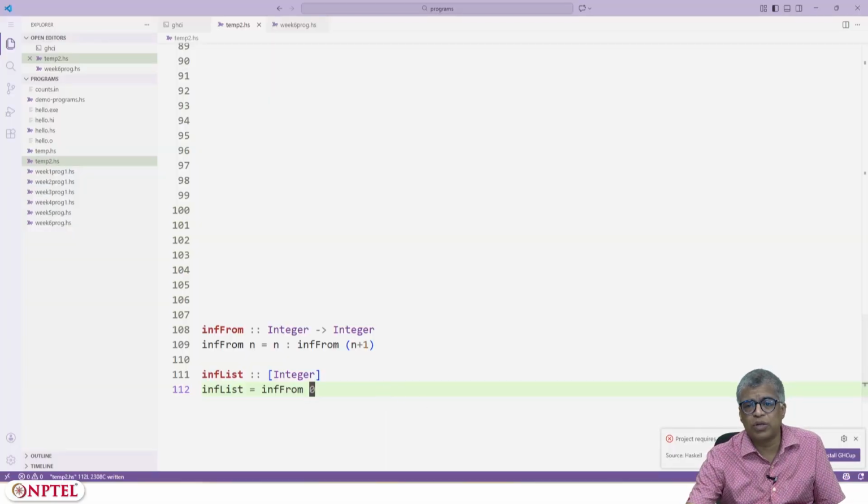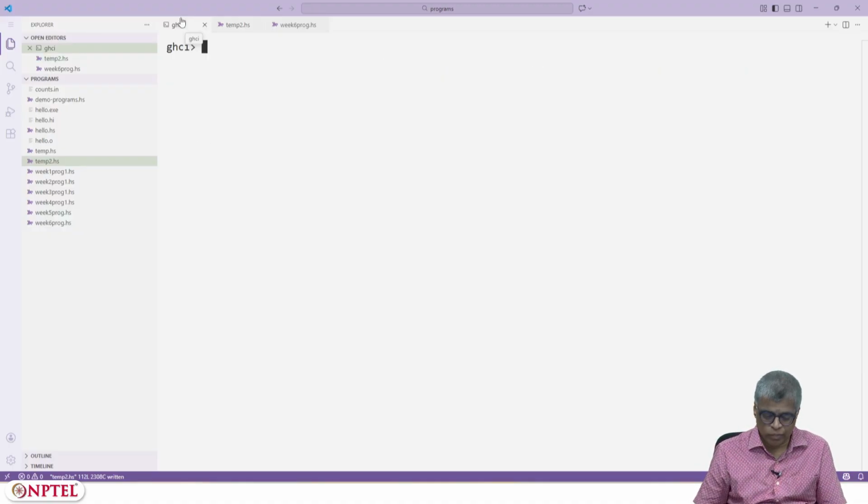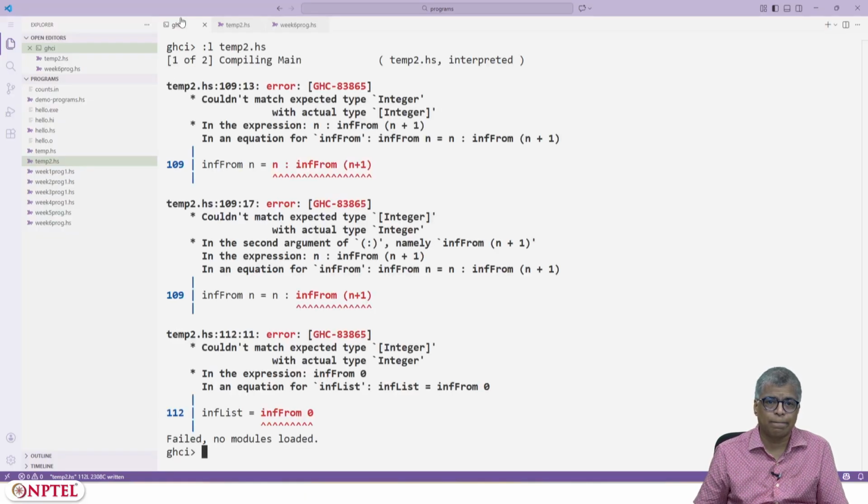Okay. And if you do this, you will see that if I go to GHCI and load temp2.hs, I have a problem.